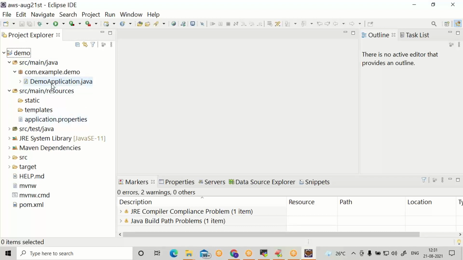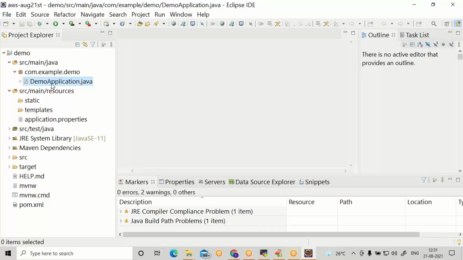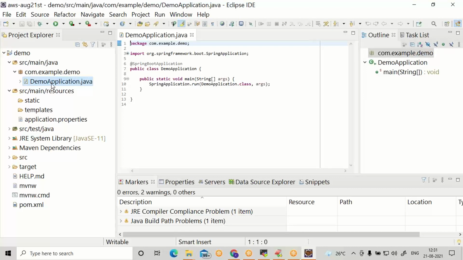Let it take 8080 only, the default one. Why? Because our instance doesn't have any other services. So 8080 is available.